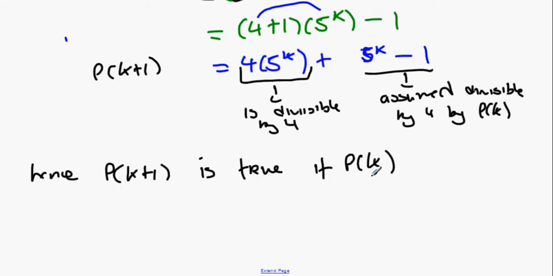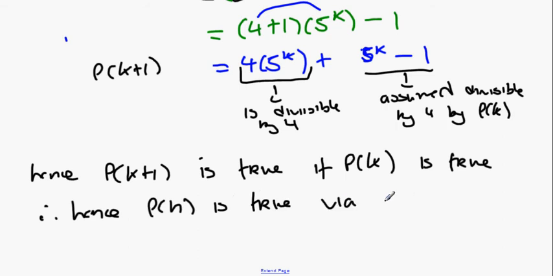So P of k plus 1 is divisible by 4 if P of k is divisible by 4. And then you say hence P of n is true